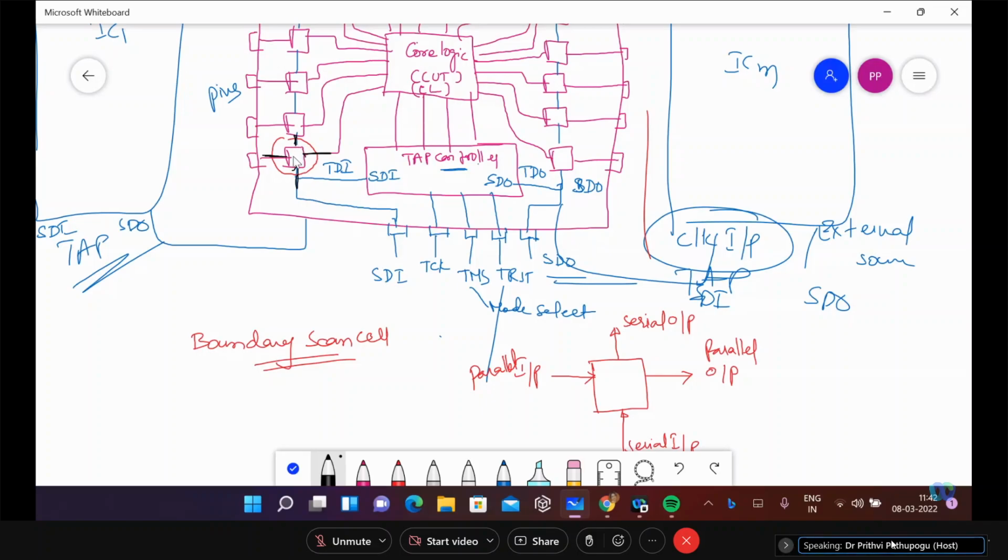Okay, and something like this: parallel operation is, see, when the boundary scan is towards the left side, it is taking from the parallel input, giving to the core logic. If it is towards the right side,